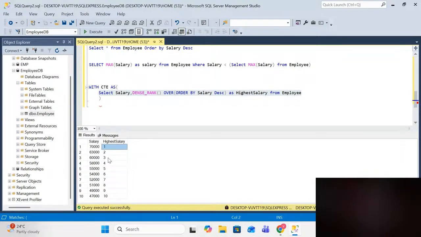Any duplicate that is there, it will consider as only one. So 70,000 is one, 63,000 is two, and 60,000 is three. For example, if you have another 60,000, it will be considered in the same rank, not one and two, it's only one. From here, you can select